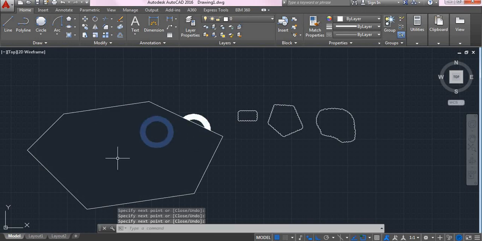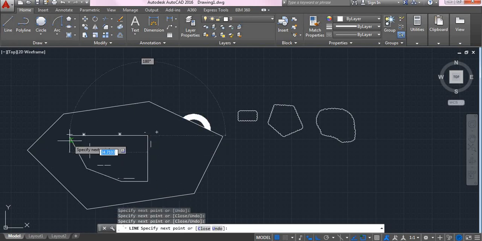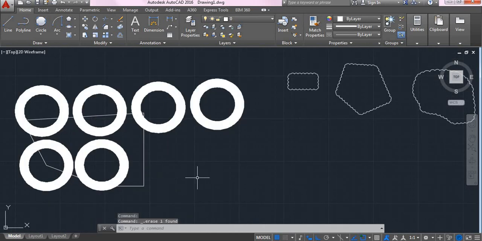So you can see that my drawing is hidden, but it is hidden only temporarily. You can draw any drawings on this wipeout, and if you delete this wipeout, the drawing still does not get deleted. Okay, the previous drawing and the drawing which I drew on the wipeout are both present.